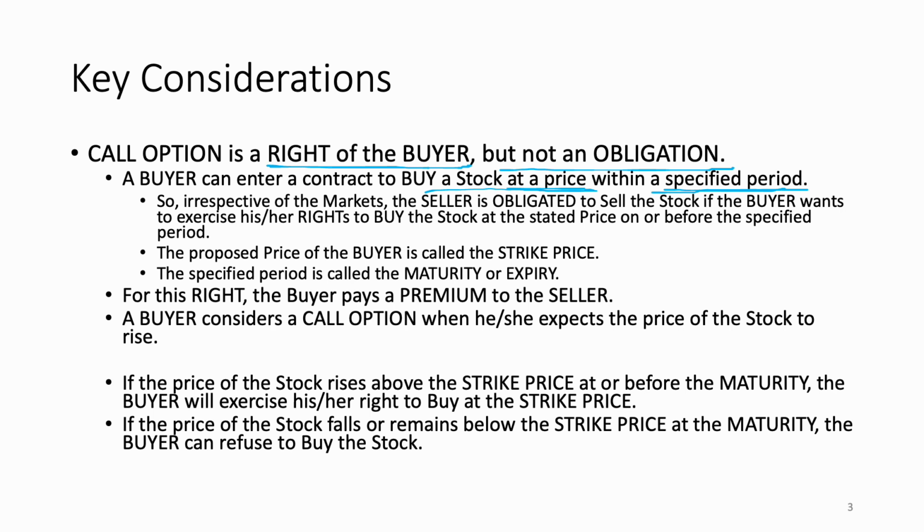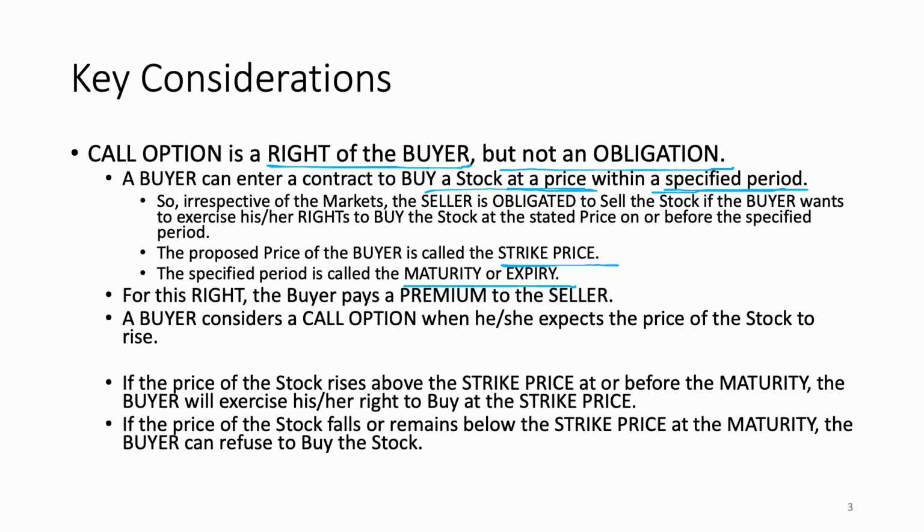The price at which he fixes to buy the stock is known as the strike price, and the specified amount of time, let's say a 1 month expiry, or a 1 day expiry, that expiry date or period is known as the maturity period or the expiry period. Supposing he makes a call option on 11th of July 2023 and makes a 1 month call option. Then by 11th of August 2023, he has to exercise his option, or he may not exercise his option.